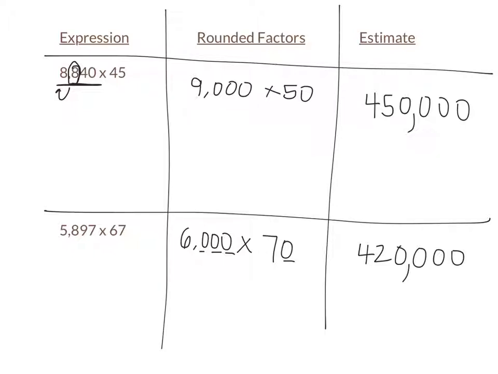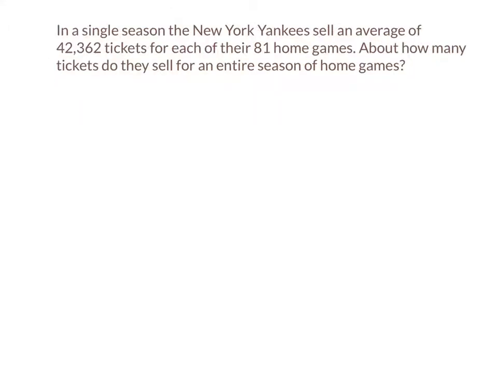Try this bottom one on your own. Write the expression, write the rounded factors, and then write the estimate. In a single season, the New York Yankees, that's a baseball team in New York, sell an average of 42,362 tickets for each of their 81 home games. That means that each home game, they sell 42,362 tickets. So if I want to find out exactly how many tickets were sold, what would I need to do? I would need to multiply